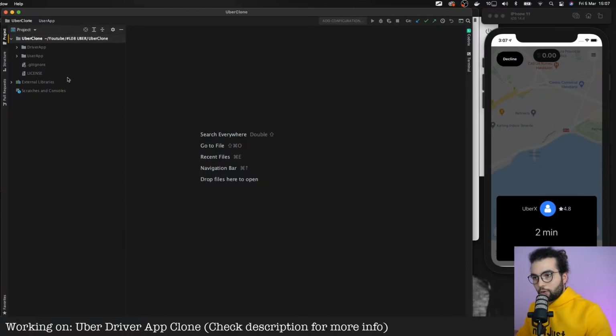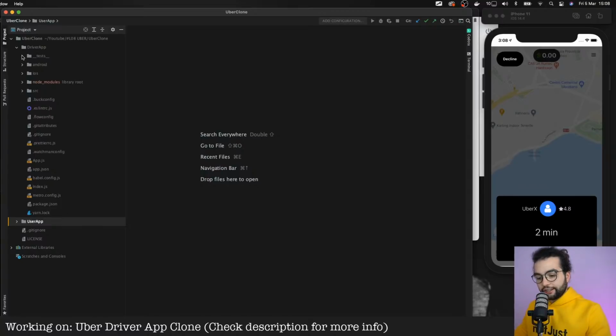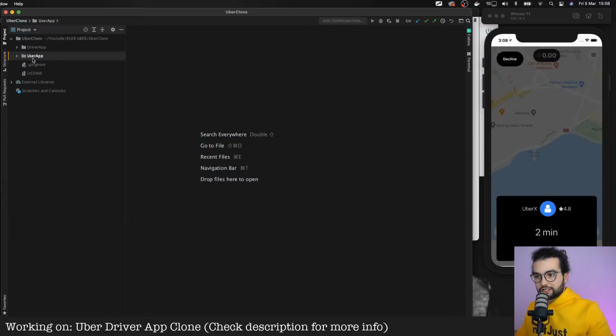Here is our repository. If you clone it, you should see it like this. We have a folder for the driver application and a folder for the user application. These are two separate React Native projects. They're completely isolated, completely separated. They even could be separate repositories, but I decided to keep them together because they belong to the same bigger